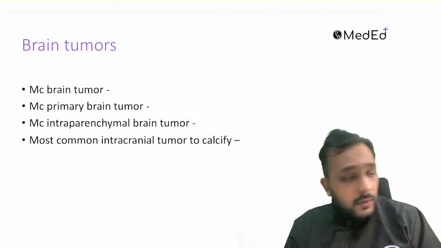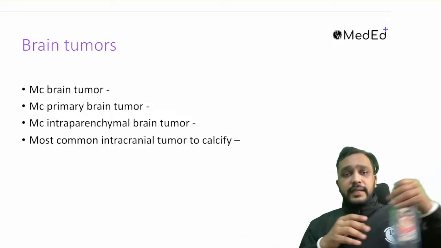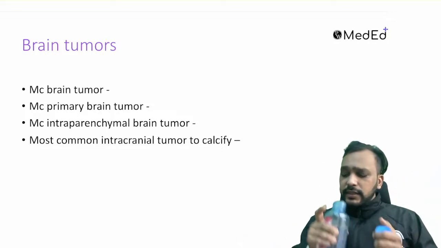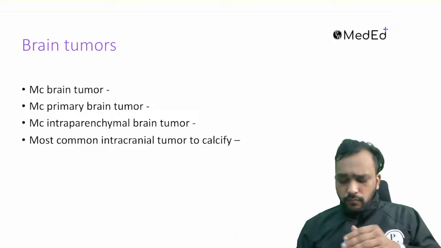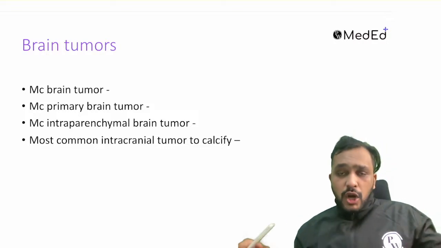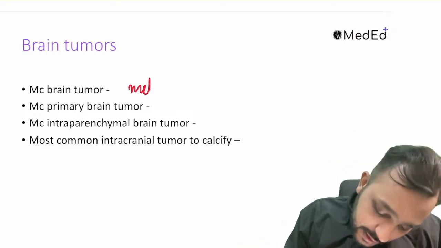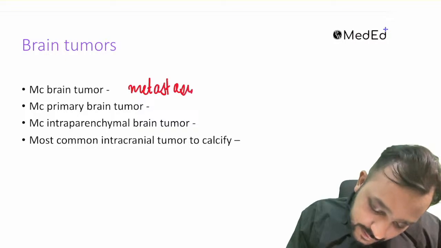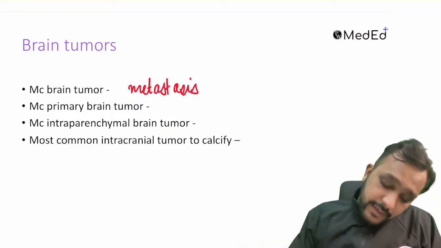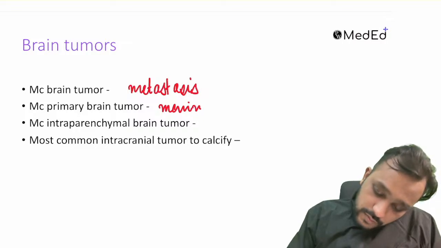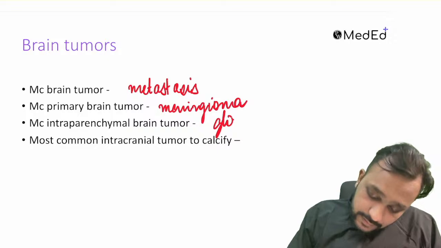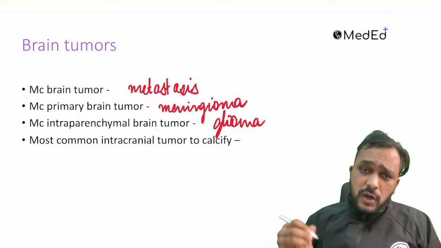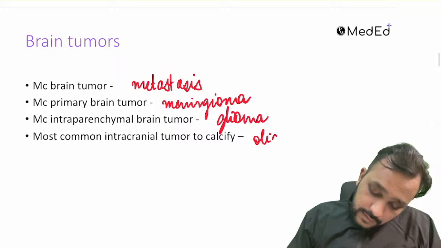Let us talk about a few important imaging features of brain tumors, right? And a few important MCQs that are asked within brain tumors. So the most common brain tumor, no doubt in that, is your metastasis. Most common primary brain tumor is meningioma. Most common intraparenchymal brain tumor is glioma. Most common intracranial tumor to calcify is your oligodendroglioma,